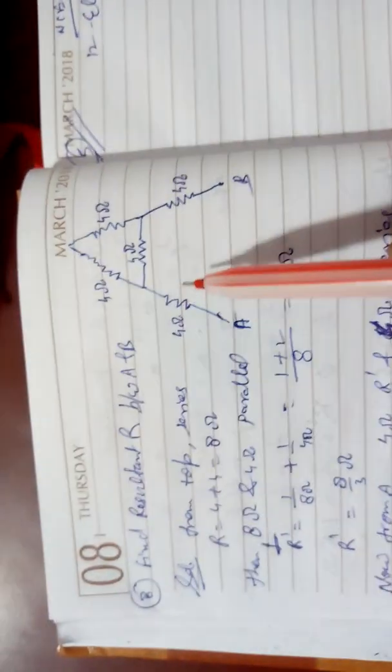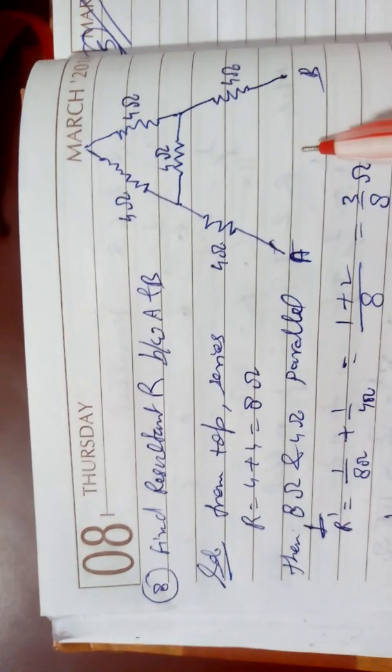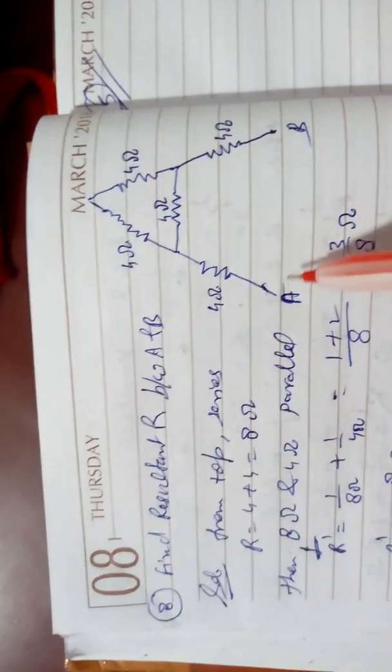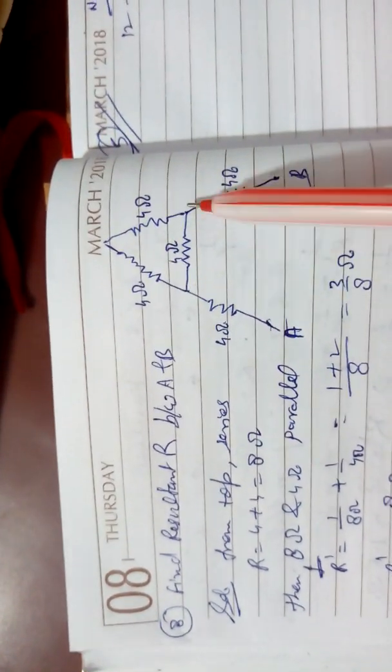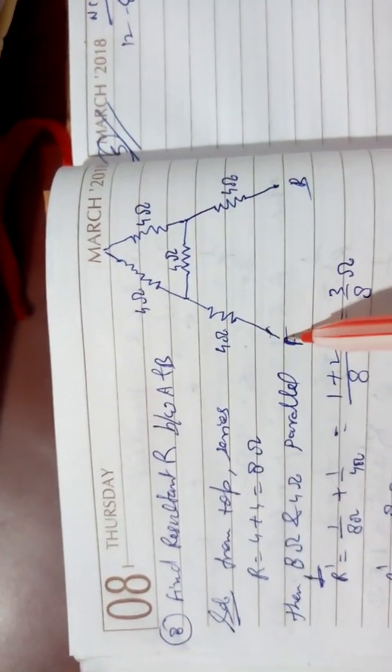This is this type of figure. Now see one more figure. Find the resultant resistance of this figure between A and B. It is a triangular figure. Here it is joined. Now check here: from here you go here and come back to here, then these are in series.